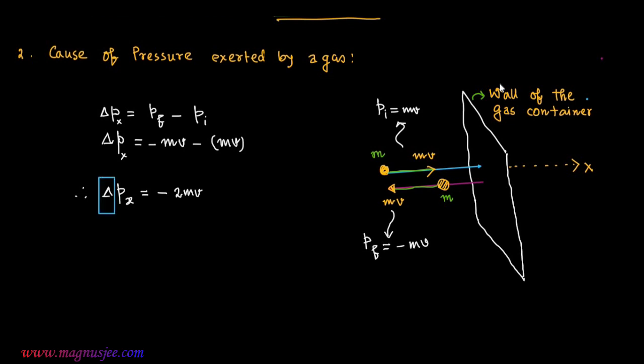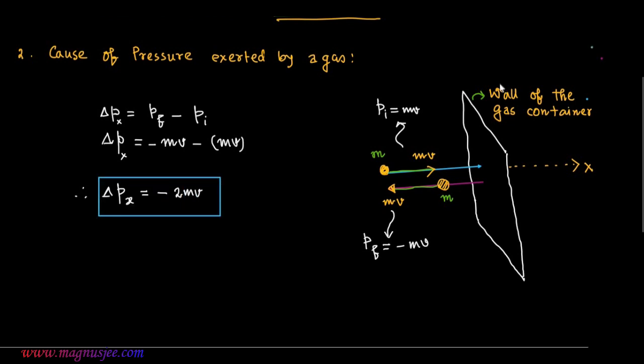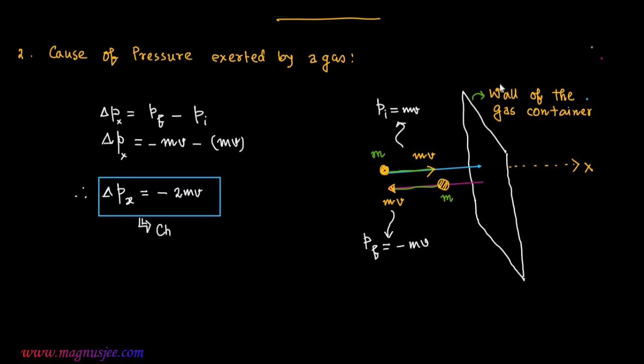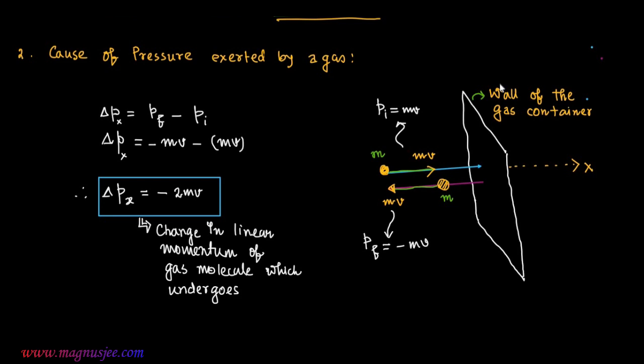That is the change in linear momentum of the gas molecule as it collides with the wall of the gas container along x-axis with the linear momentum mv, and minus mv will be the final linear momentum, as it is negative. That's why it will be along negative x-axis. Delta Px is equal to minus 2mv, which is the change in linear momentum of the gas molecule which undergoes